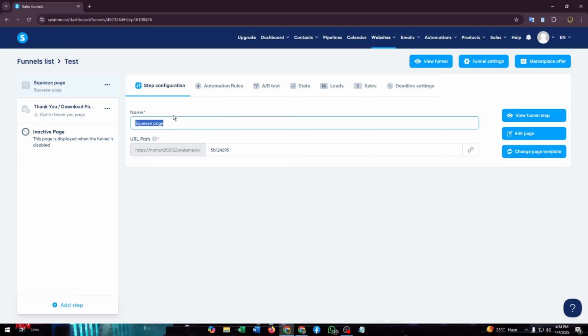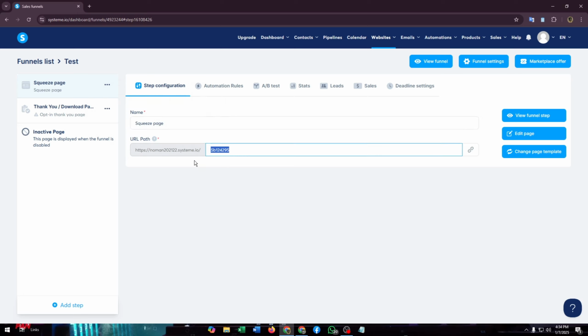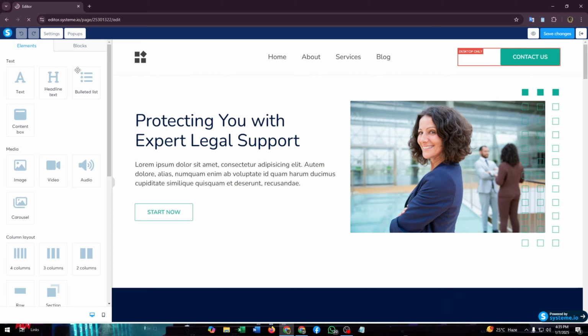For now it is named squeeze page. You can name it anything you want, and this is the URL path for your squeeze page of your website. And you can also edit this URL path from here. You just need to simply click on squeeze page and click on edit page to edit your squeeze page on your website. I'm going to click on edit page here, and here you can see you can edit or customize